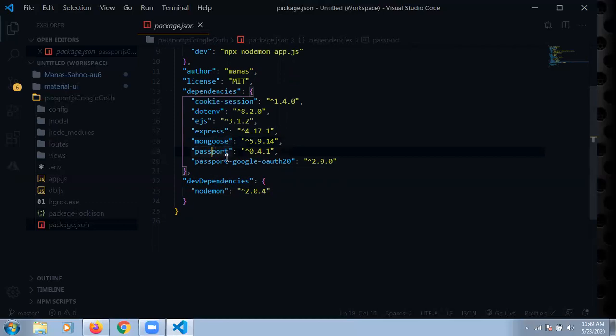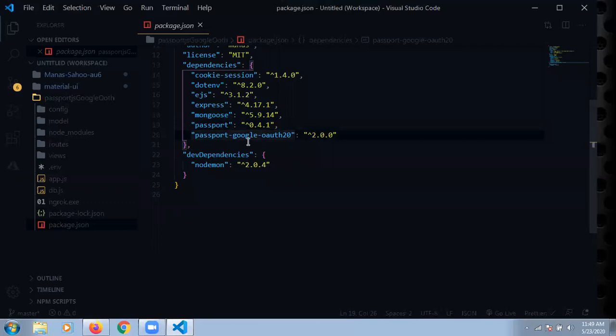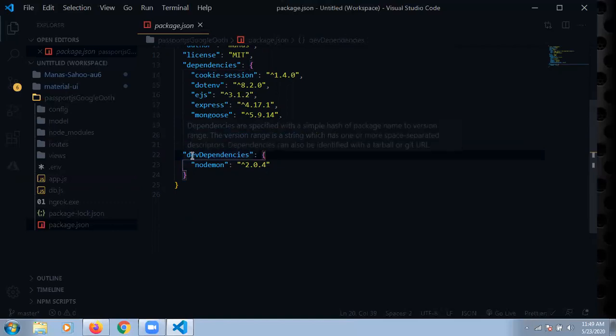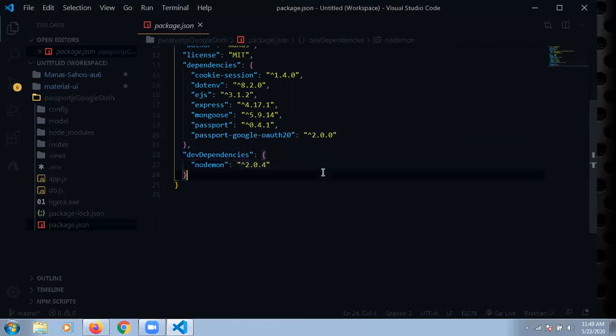Next, as I already explained, we first install Passport.js as an npm package. After that, we install passport-google-oauth20, version 2.0.0. And we use nodemon as a dev dependency because it is not necessary, but since we are writing some code, we do not want to keep closing and restarting our server again and again. For that purpose, it continuously watches your application.